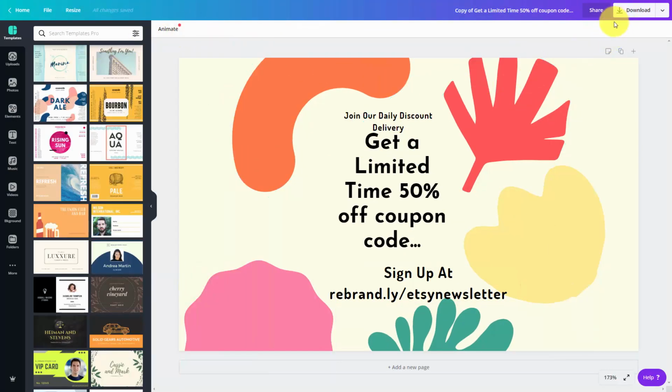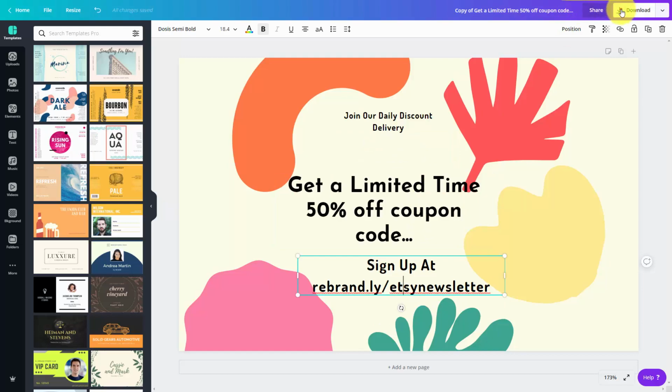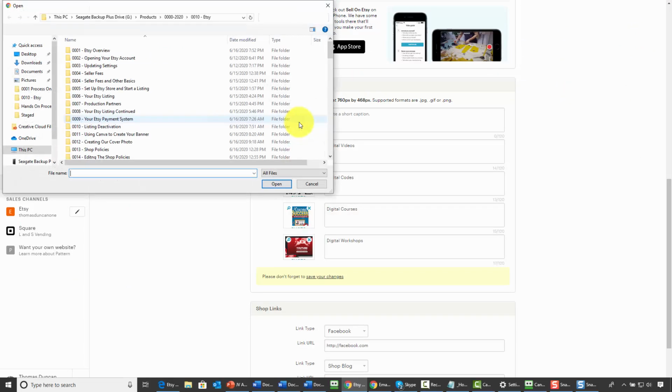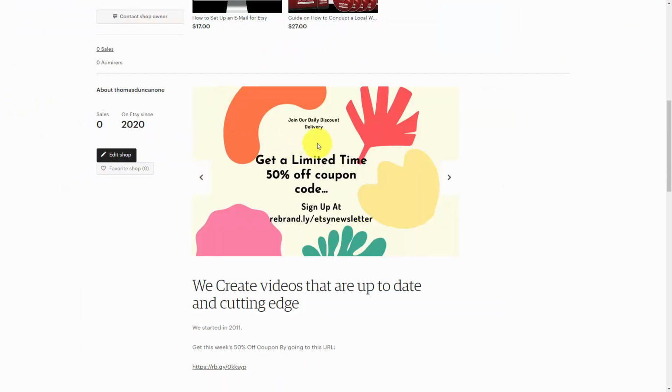So we now have our new image. We're now going to resize some of the lettering. And now we're going to download our new image. And we're going to remove and then update with the new image. And we now see that our coupon code is showing correctly on the image that people are going to see